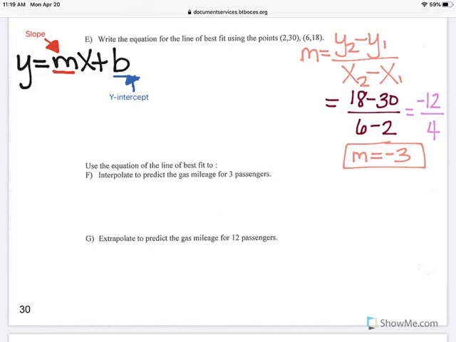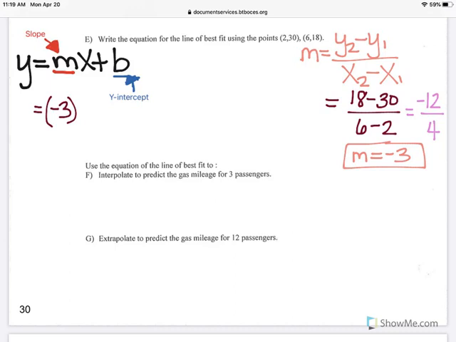So I'm almost done. I have my slope, but I don't have my y-intercept. Now, there are 2 ways to find the y-intercept. The first, and typically the one that most kids choose, is using the formula y equals mx plus b, where I simply substitute in the slope that I have for m, so the slope is negative 3,